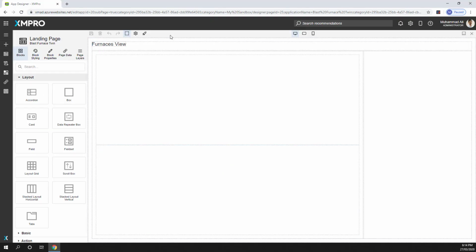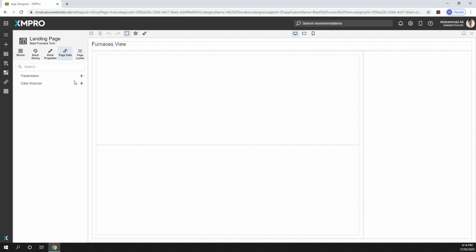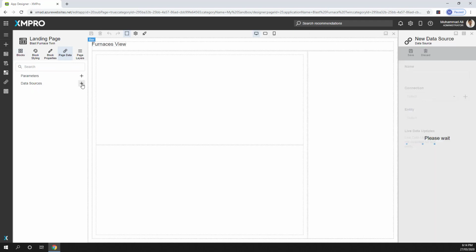So I have an app here, as you can see, but it is all blank. And I wanted to display some data. So the first thing I would like to do is, over here where you see page data, add some data sources. If I click plus over there, it will give me this screen where I have to specify a name